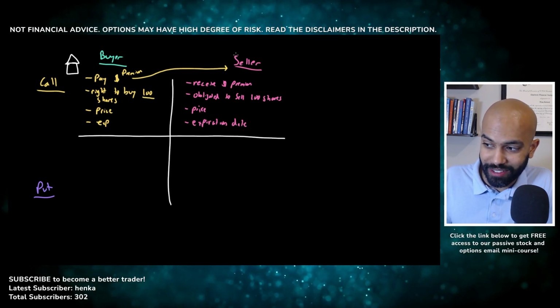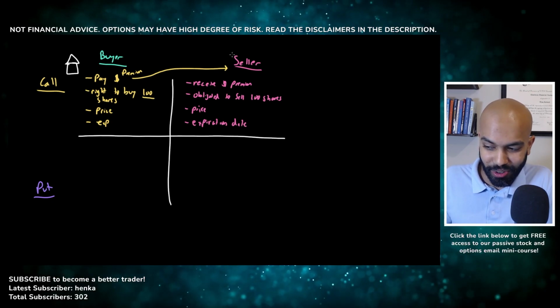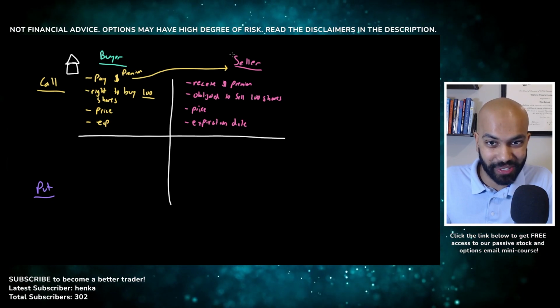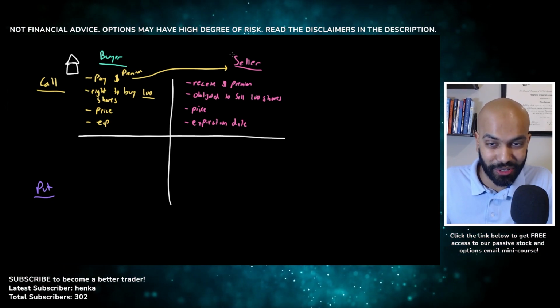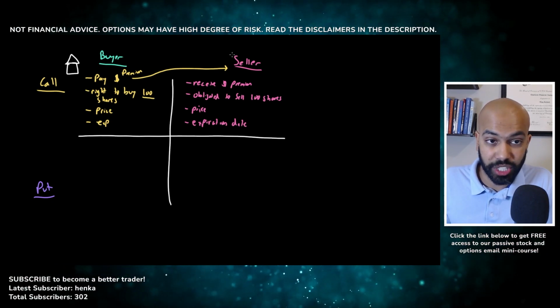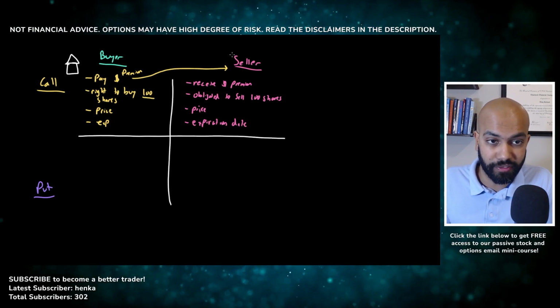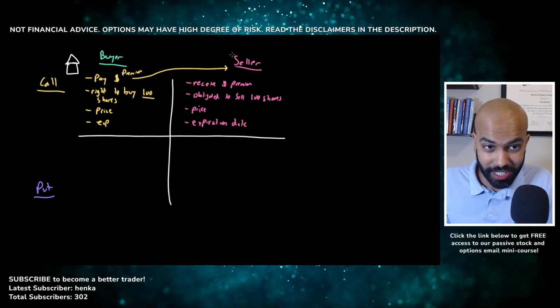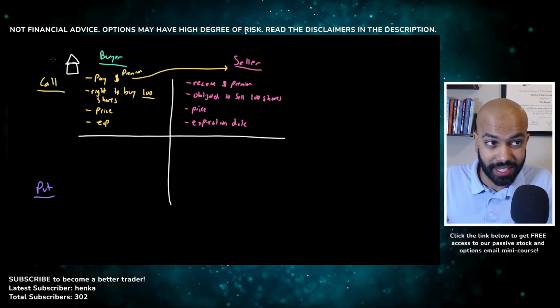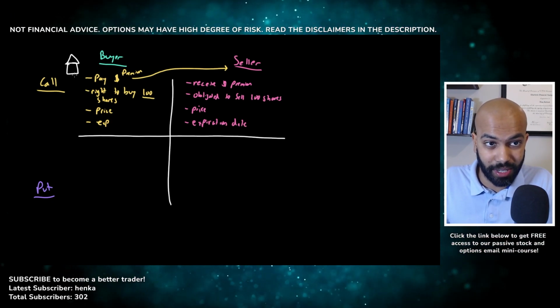So just remember, there's two sides of a transaction. There's a buyer and there's a seller. They're both extremely important because you can't have a buyer without a seller and you can't have a seller without a buyer. And you can choose to be either a buyer or a seller based on market conditions and what your investment plans are. So that is a call option. Hopefully with this house example, this makes sense, and I think that would help cement things.